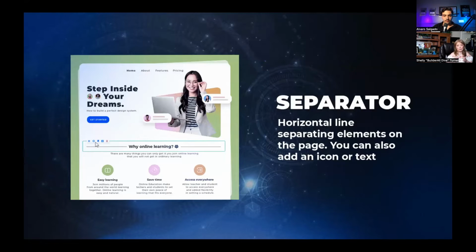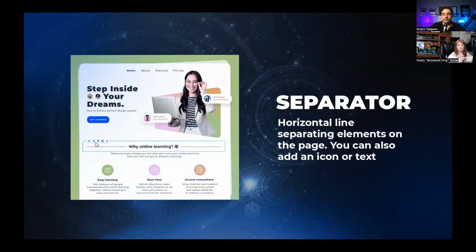Separators are really important when you're building your website, because a lot of times you're going to want to move things or nudge things up a little bit, or nudge things down a little bit, or even nudge things over a little bit. So we've got a couple of different types of separators and spacers, and that allows you to get control of that website and really build a design that is pleasing to the eye and easier for your visitor when they come to see things and find things easier.